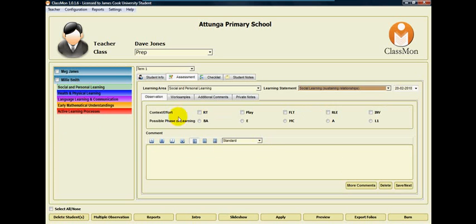So we choose a context. I'll choose play, and choose the phase of learning, exploring. And you'll see that that automatically pulls a comment in and puts Millie into that comment. Now if we just add some space there, we can then put in a narrative or learning story or some sort of